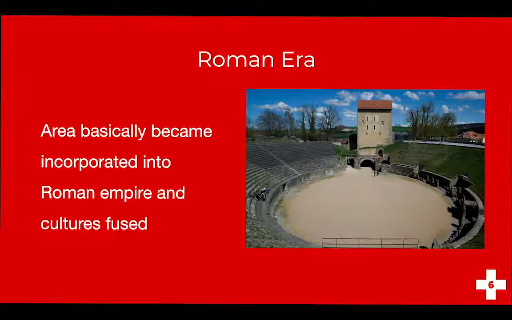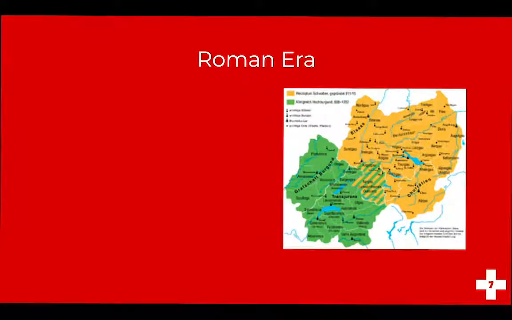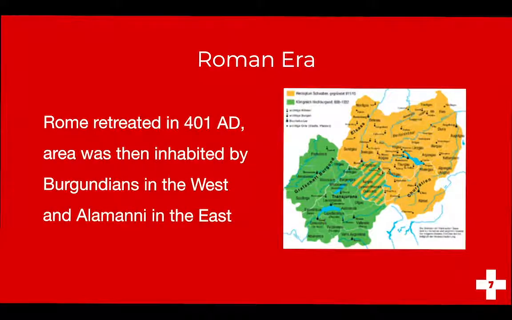And so this is the arena in the town, and it looks very much like the kind of arenas you'll see throughout the Roman Empire. And so Switzerland kind of thrived under this era of Pax Romana. And as the empire fell apart, Rome retreated in 400 AD because of the pushback from many Germanic tribes,